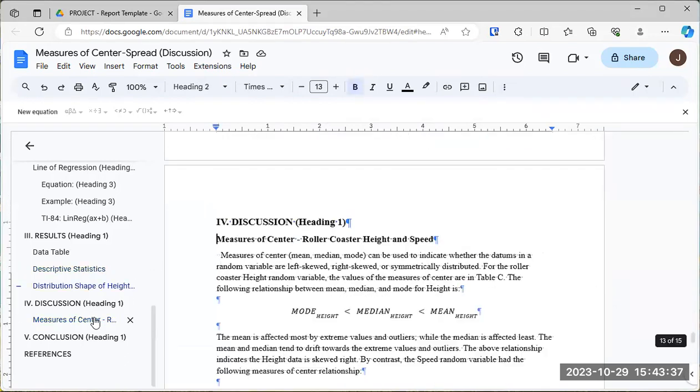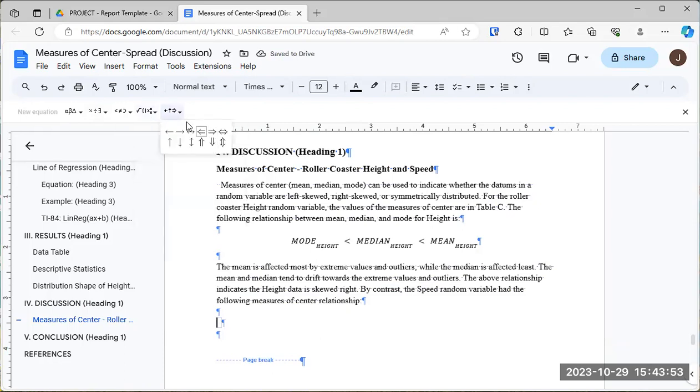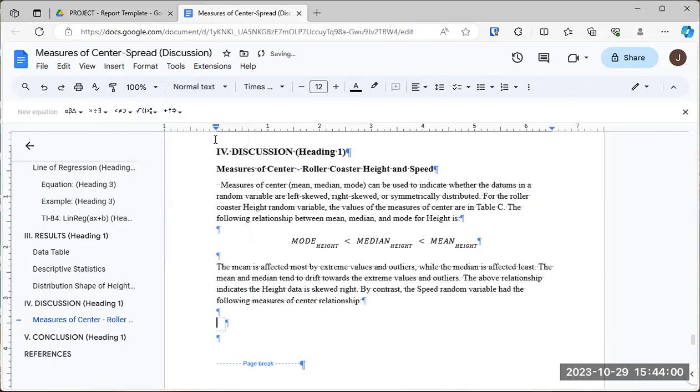So what I've got here, where I say, by contrast, the speed random variable had the following measures of center relationship. And so I'm going to do something similar to what I did up there. So new equation, and I want to be able to have a word with a subscript. So I'm going to select this option, and I'm going to put in mode, right arrow, speed, oops, right arrow,